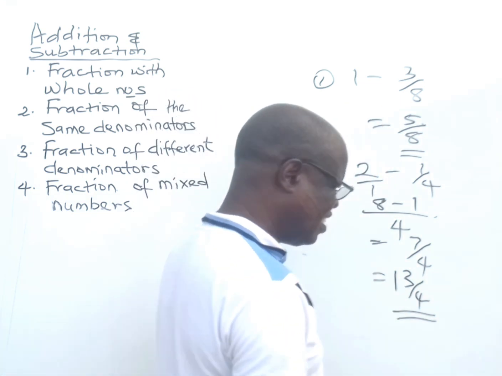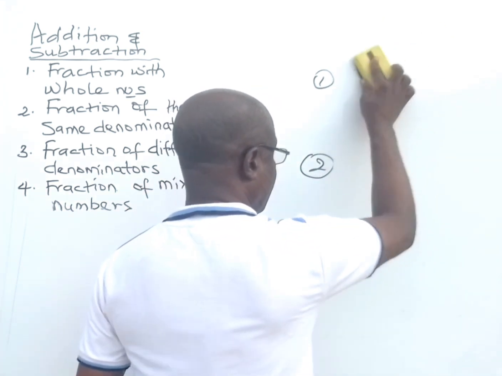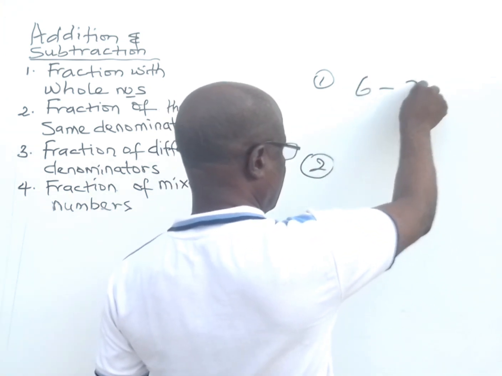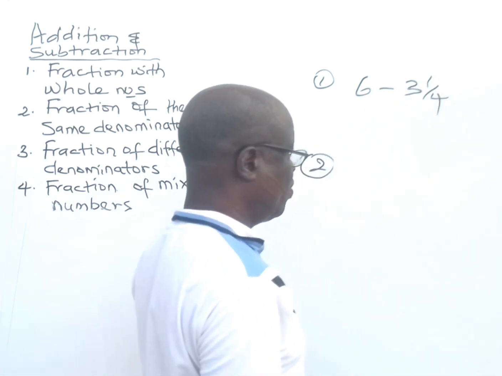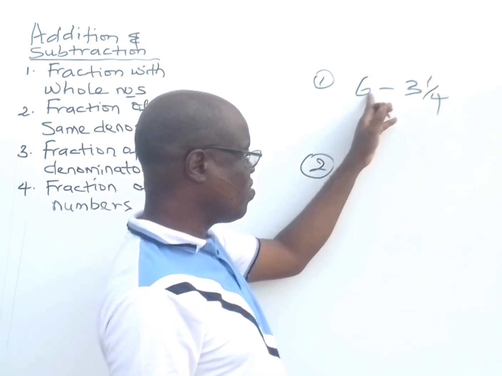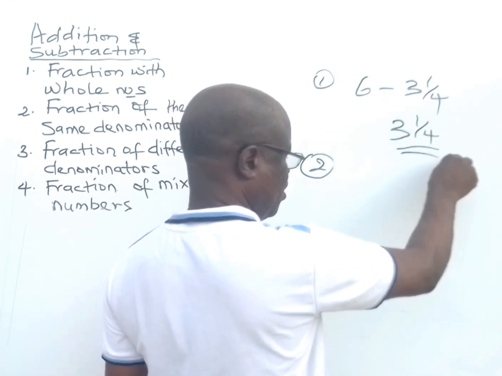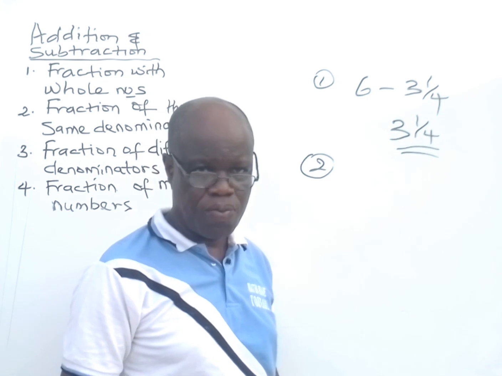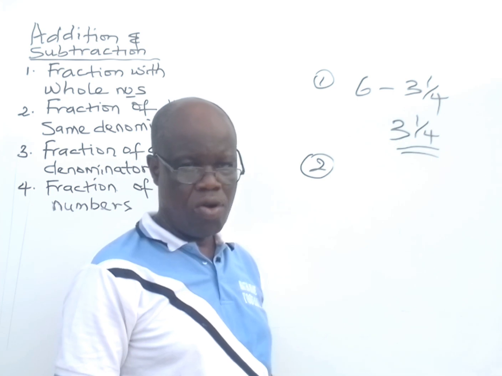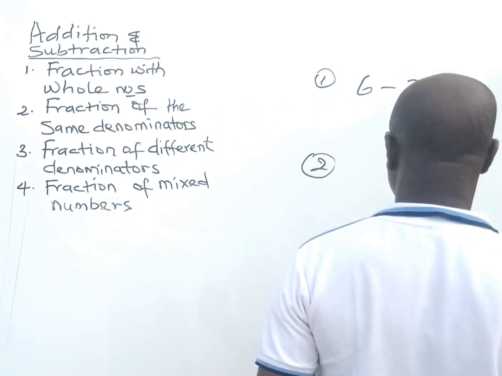Suppose we have another one this way. You have 6 minus 3 all over 4. So this is very simple. This 3 whole number, 1 over 4. Just remove from 6, take away 3. That's 3. Then you put 1 over 4 there. So that's how to add and subtract whole number or fraction from whole number, or how you add whole number and fraction together. So the next thing we'll be talking about,